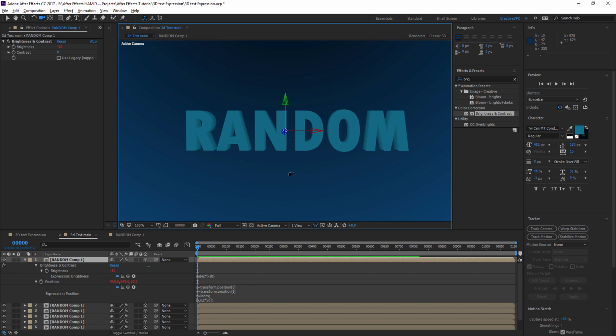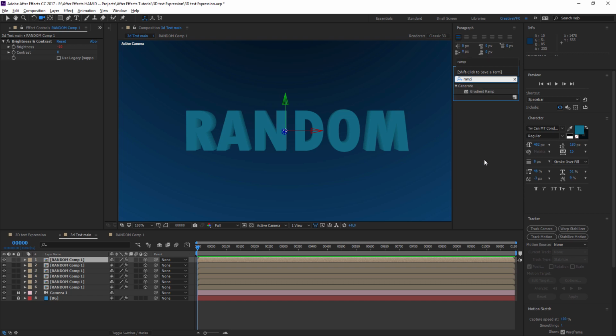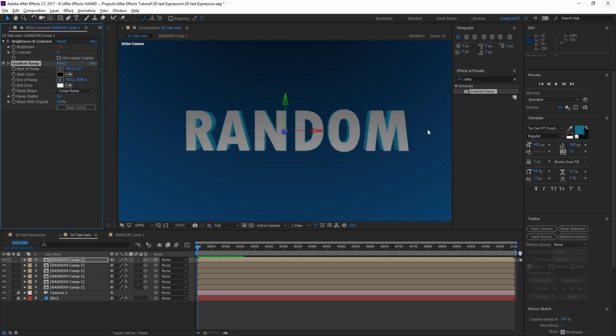Okay, and then for this one, for the first layer only, make sure the top layer is selected. We want to add a ramp to this one, like so.